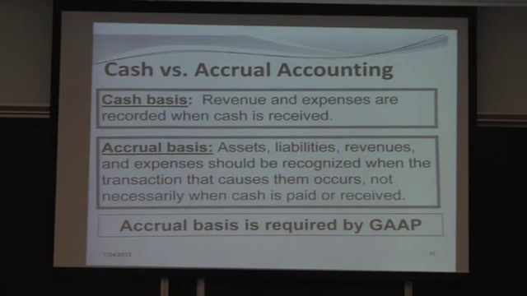Under the accrual basis of accounting, we recognize revenue, expenses, assets, and liabilities when the transaction that causes them to occur, not when the cash is received or paid. And of course, the accrual basis of accounting is what's required under GAAP, and GAAP could mean IFRS or ASPE. So to give you an example,